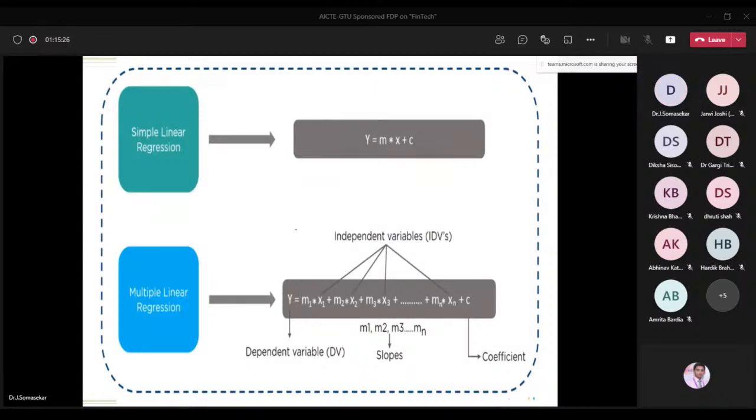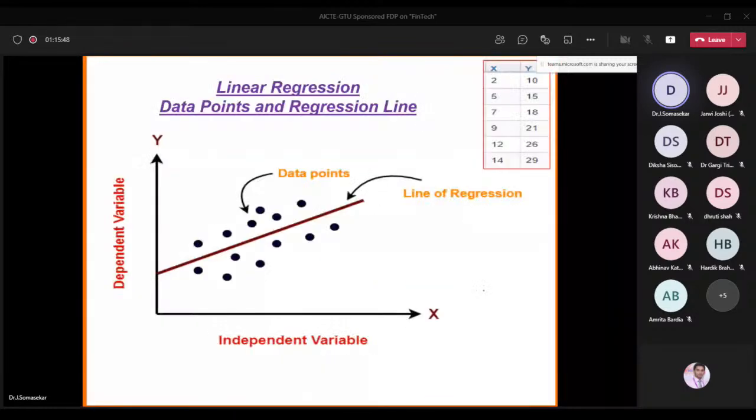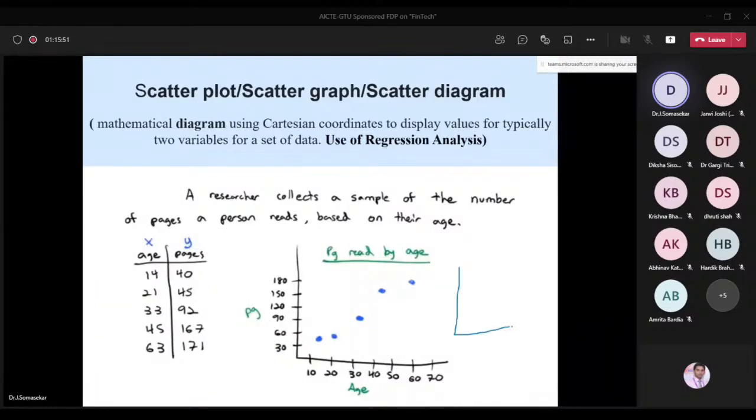That is the problem. Now here we have a scatter plot, or scatter diagram. This is very important for making a regression model. Let us assume we have age and pages; we make age the x-axis and pages the y-axis. Just we have to make dots. Let me write clearly. Here I'm drawing the x value as a student roll number and the y value as marks. Roll number 1, student marks is, let us assume, 30, so I make a dot. Roll number 2, marks is 50, and corresponding to that we make a dot.